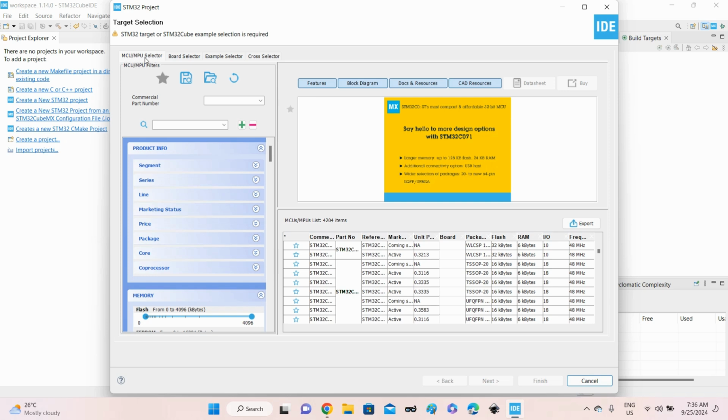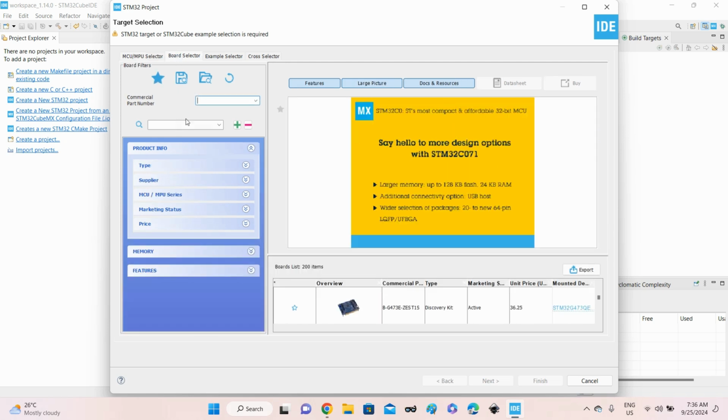If we are using a custom board, we need the MCU and MPU selector, but in our case it is a board from ST, so that is not custom made. So you can directly go ahead with the board selector. Okay, so here is the board selector, commercial part number, as we saw, this is Nucleo L476. So type Nucleo L476,